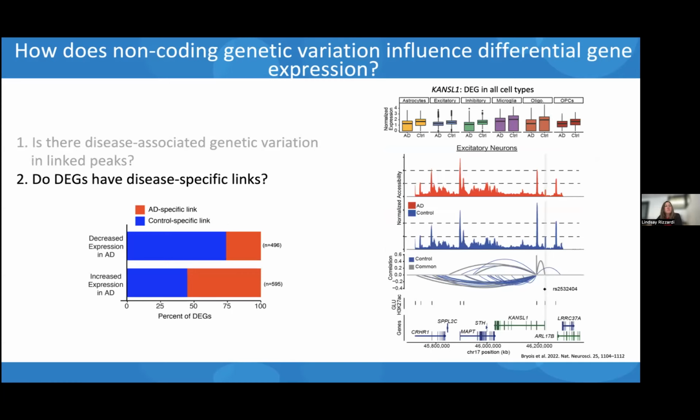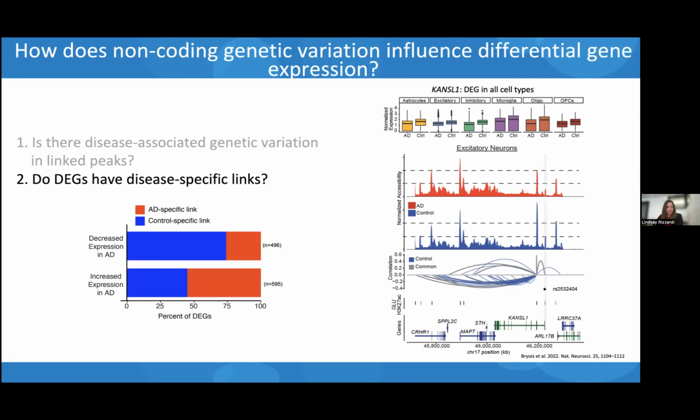So then we would ask, do our differentially expressed genes have disease-specific links? Here I'm showing a quick percent of DEGs that were either decreased in expression in AD or increased in expression in AD, and asking how many of those genes have a control-specific or AD-specific link. Genes decreased in expression in AD tend to have more control-specific links. Conversely, when they're increased in expression in AD, they tend to have more AD-specific links, suggesting that when genes are overexpressed in AD,